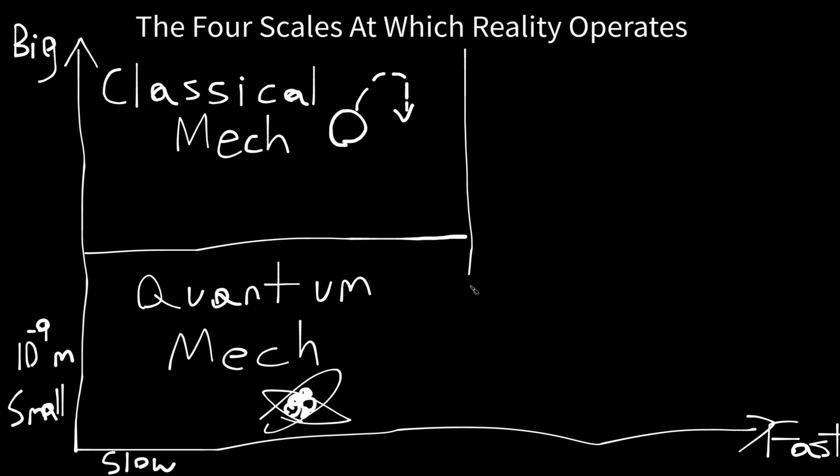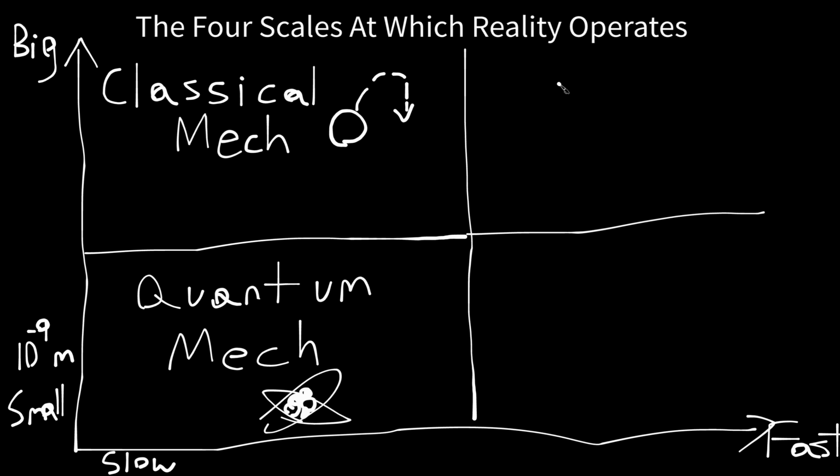What about speed? Well, by fast, I mean anything near or at the speed of light, which is 300 million meters per second, and anything else is slow. So yourself and everything that's moving around you is obviously slow in that sense. So you definitely live life on the slow scale, at least in the sense of physics.